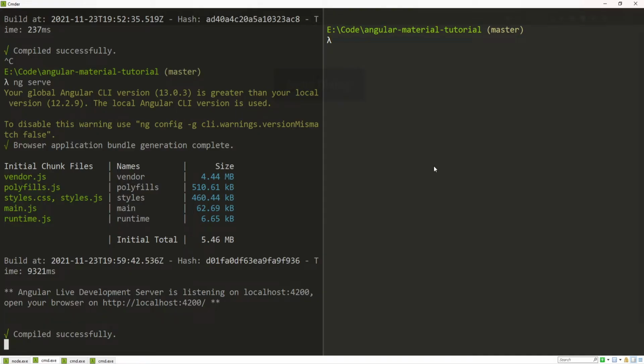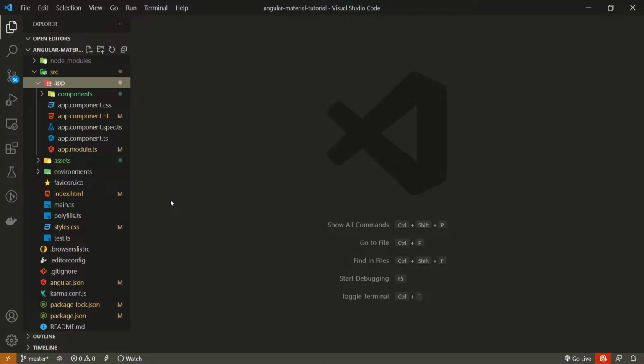First of all, let's generate our component that will use divider. So in my terminal, I can simply use a command of ng g c, for generate component, and I will generate my component in folder of components/divider. Once our component is generated, we can open our